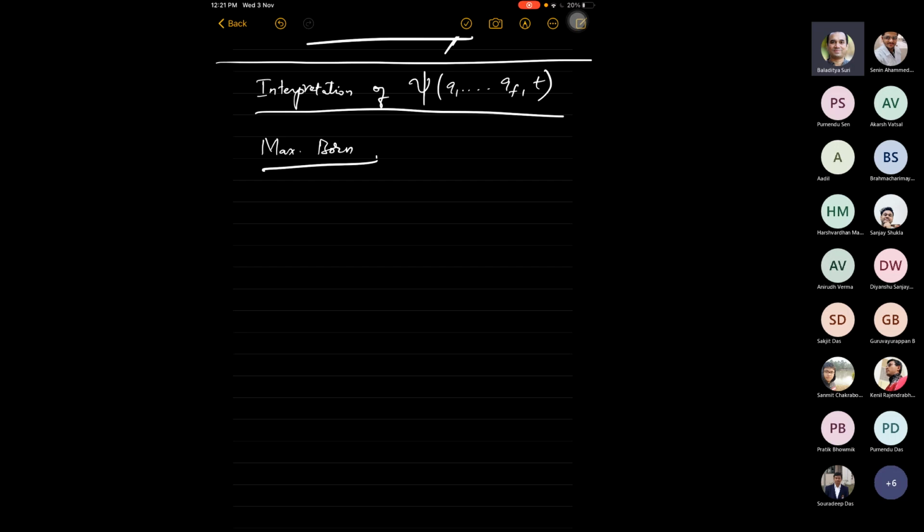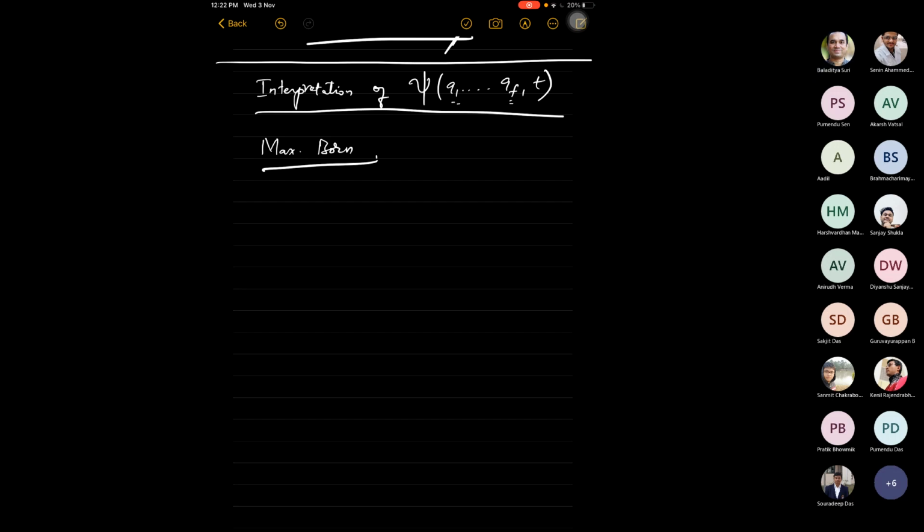Therefore, taking the mod squared of this psi and integrating it over all volume and multiplying it by some dimensional parameter was equated to the total mass of the system or the total charge of the system, etc. What Max Born saw in that interpretation, when extended to Schrodinger's equation, is that you can no longer think of it as some sort of density, because real densities are defined only with respect to three-dimensional space. So now it has to be some generalized density, which should be extended not just to three-dimensional space, but to what is called the configuration space, which is the space of all generalized coordinates. These q1 to qf are generalized coordinates, and the space that they span is called the configuration space. So this was what Max Born noticed, and from there the